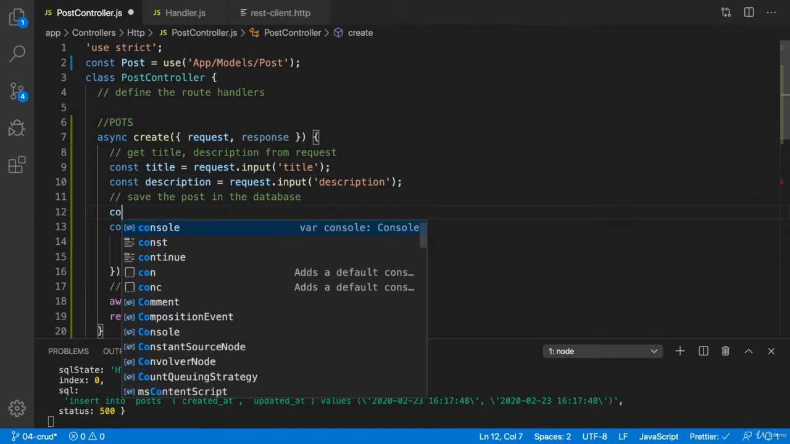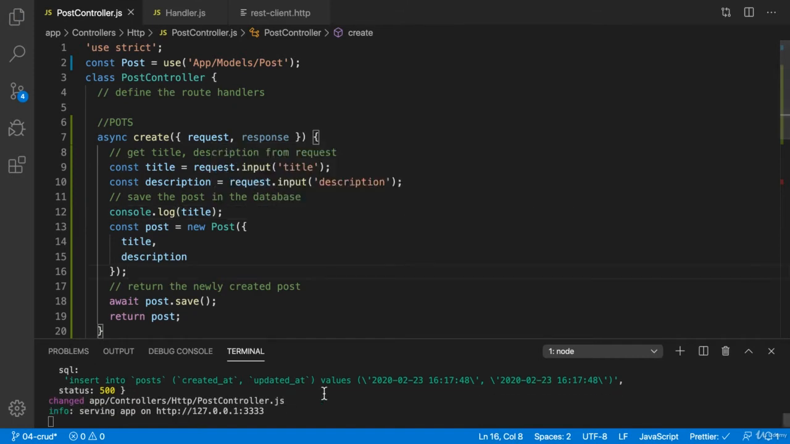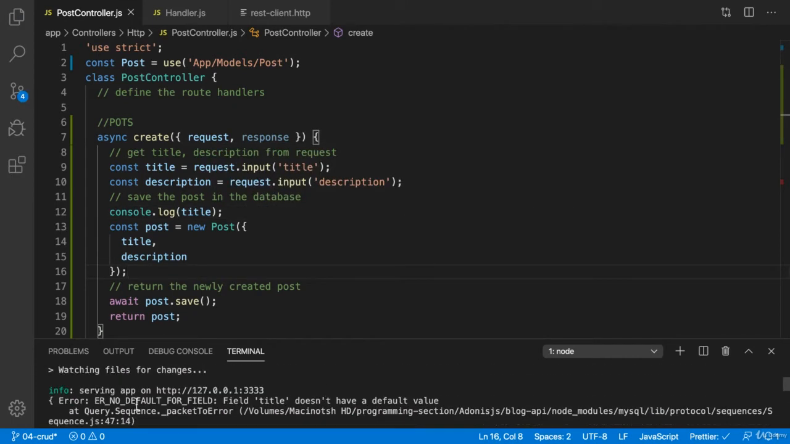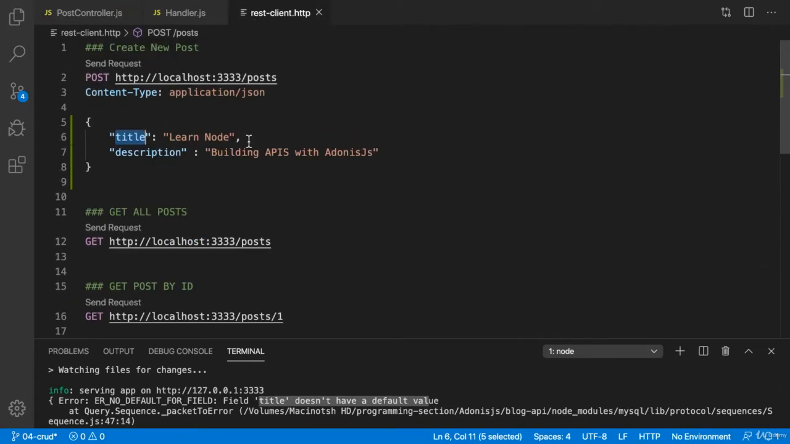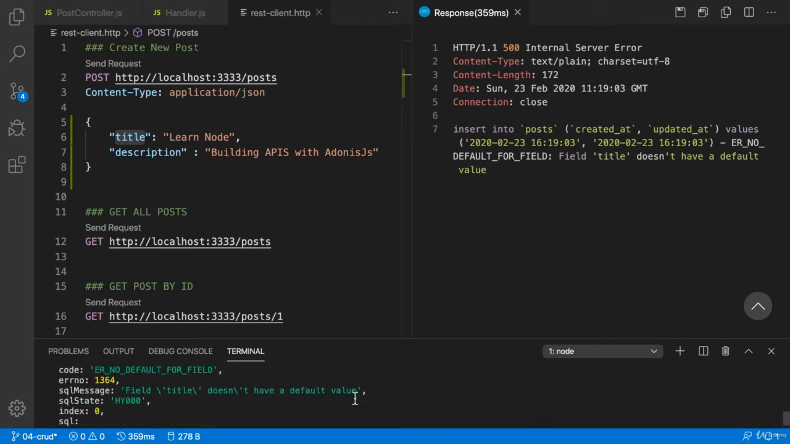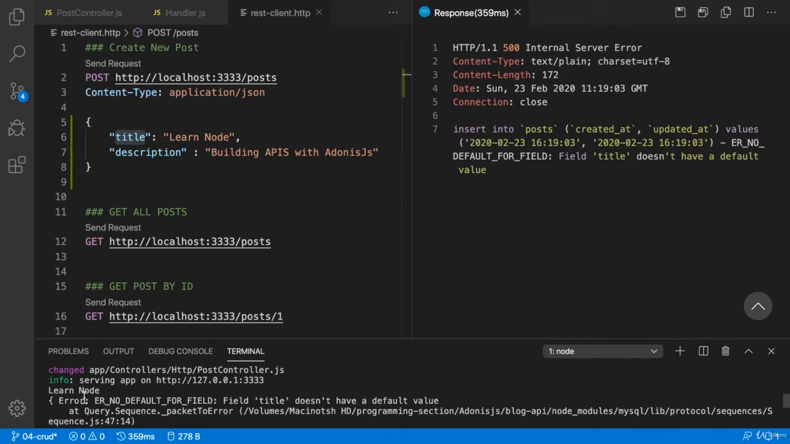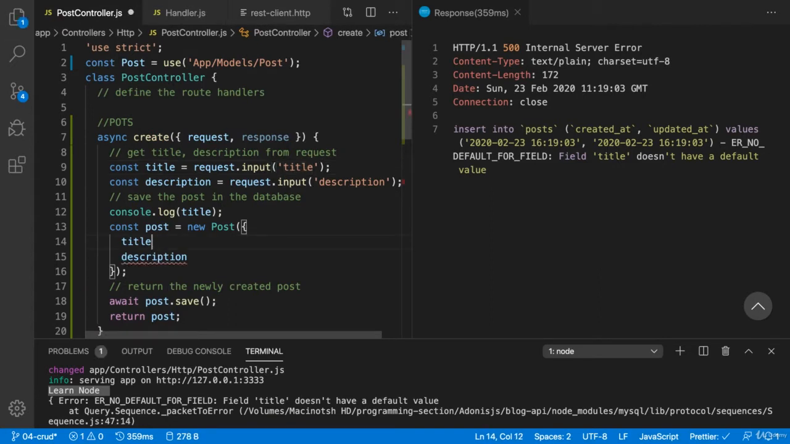So we can try to log the value title. Field title does not have a default value. I think they are getting the empty response. I don't know why. I got the learn node, but then why is it not doing that? I think